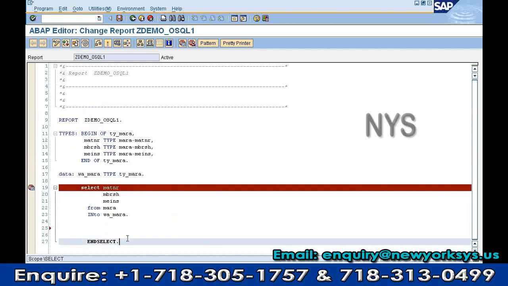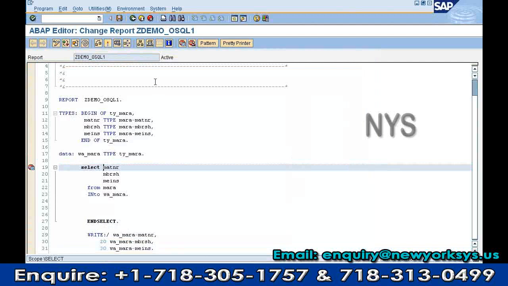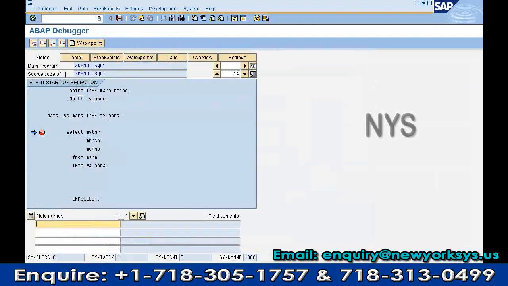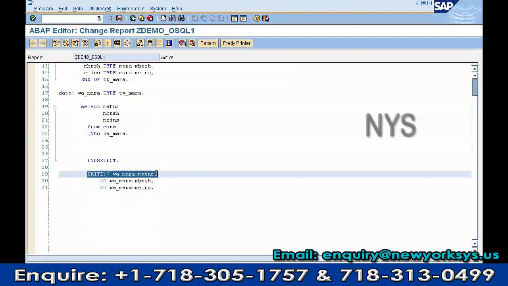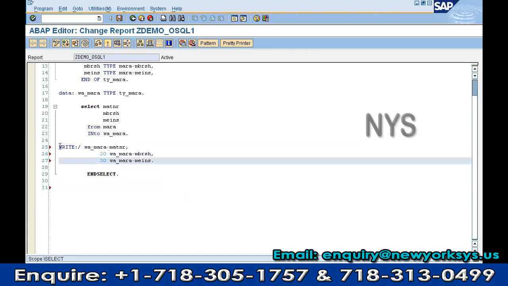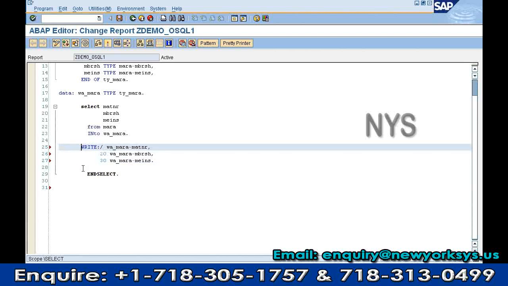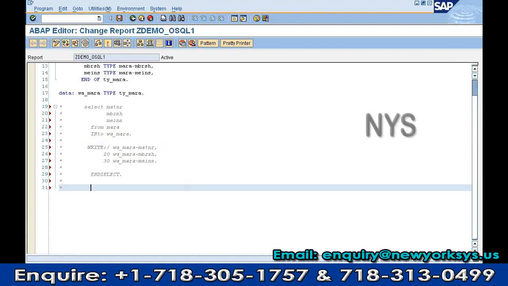Let's see what will happen if I write outside. See, the last record. Got the difference of why we are writing inside? Outside, it just gives the last record. It will run, but it will give you the last record. Here I am fetching one record. So, clear on select and endselect? Okay. Now let's do the